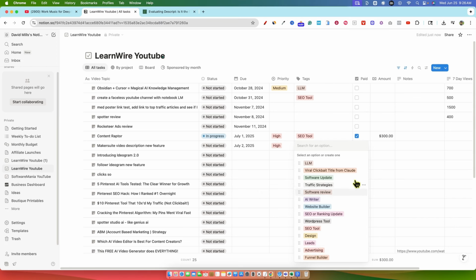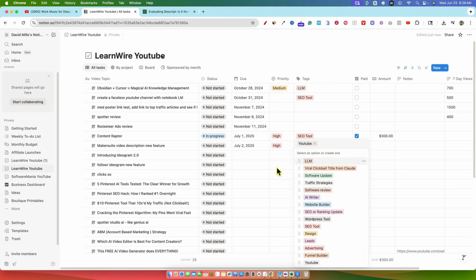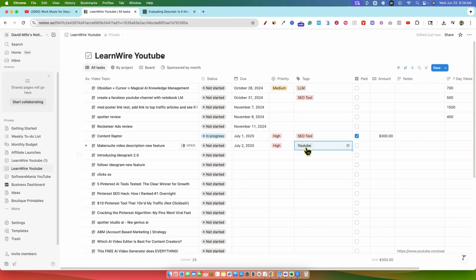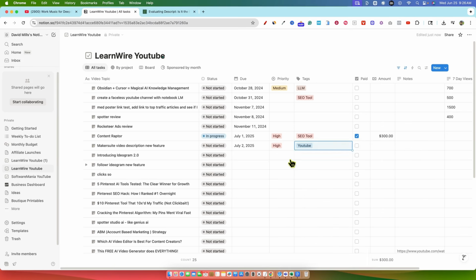So I'm going to go and I'm going to add something in here. We're going to push the create button for YouTube. It's a YouTube tool, right? And then we can change the color of that as we want. We can go in here into these 3 little dots. It's pretty self-explanatory. And I like the blue for that. So now we have a YouTube tool, and let's say they're going to pay me $500 to do this video